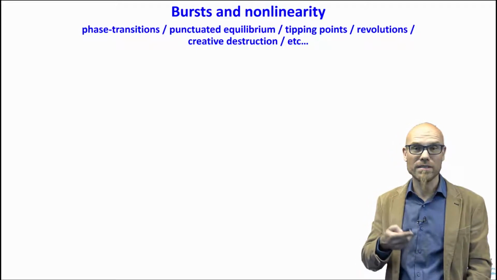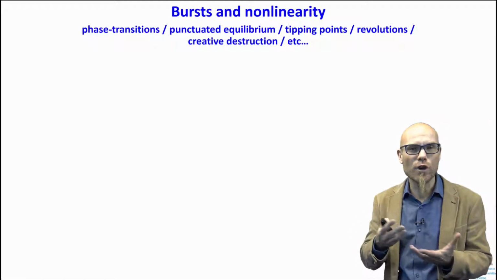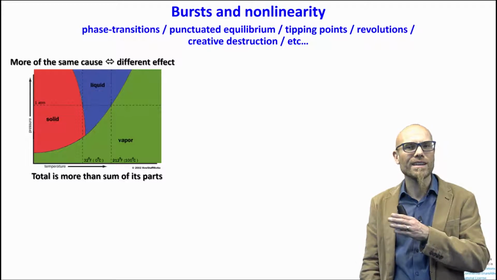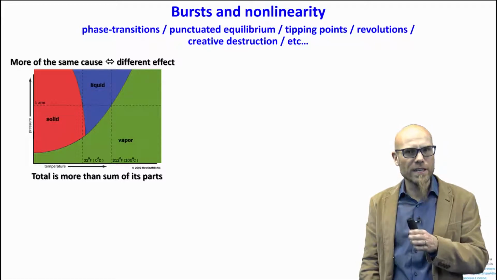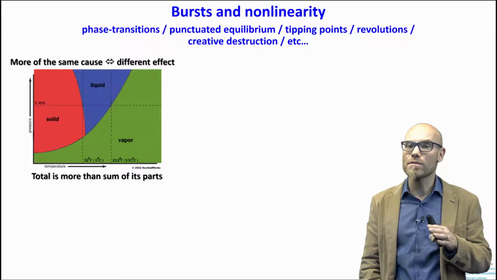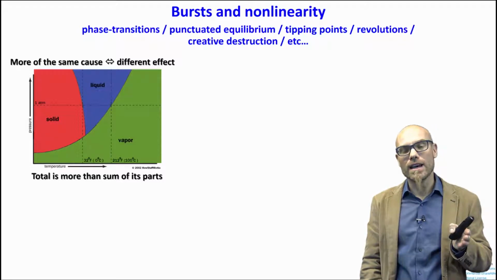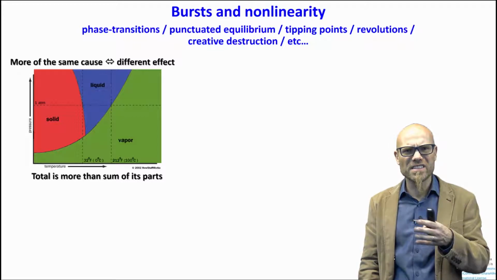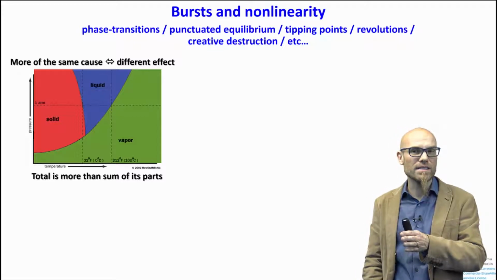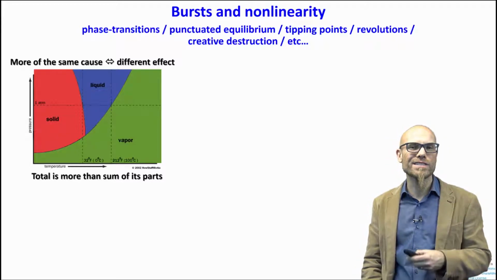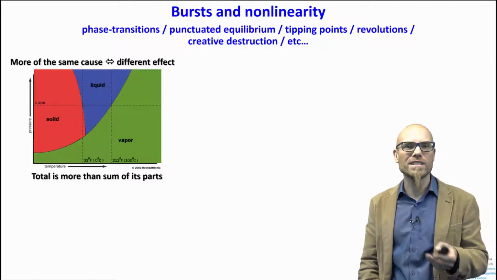So phase transitions, again, you can see them in all kinds of sciences. For example, in water. Something quantitatively changes. You heat water, nothing happens, and suddenly at 100 degrees Celsius, water becomes vapor. Something qualitatively different. You take water and cool it, 50 degrees, 40 degrees, it's still liquid, nothing happens, and at 0 degrees Celsius, suddenly it becomes ice. In social systems, you see these nonlinear phase transitions, tipping points, revolution.